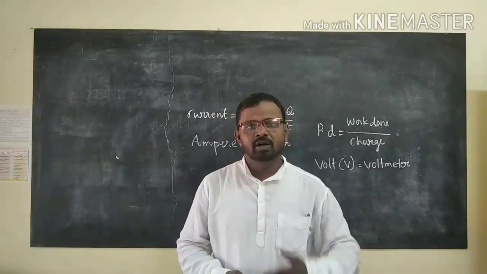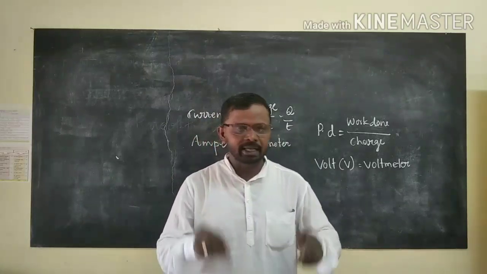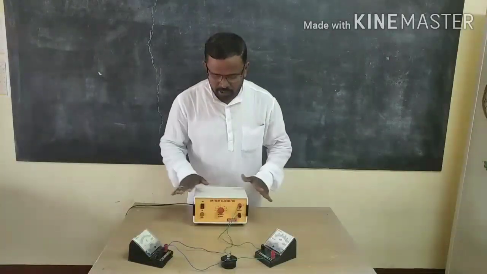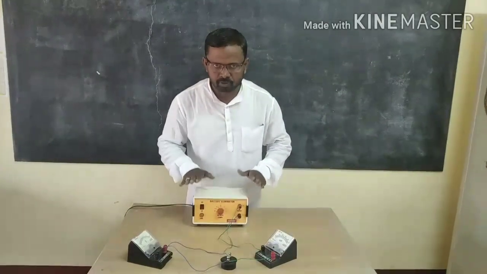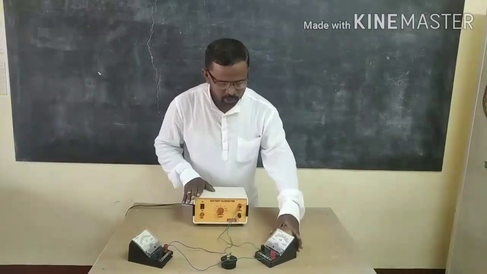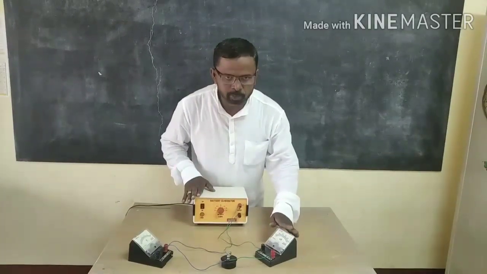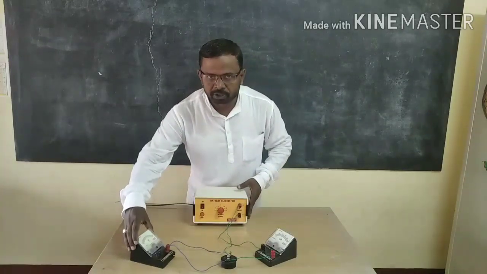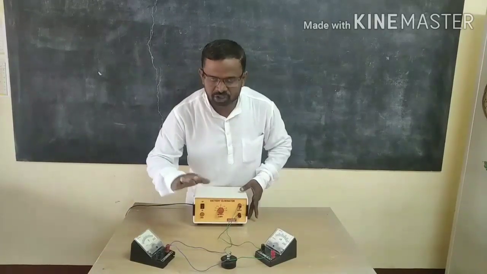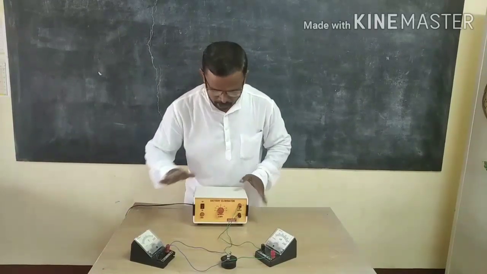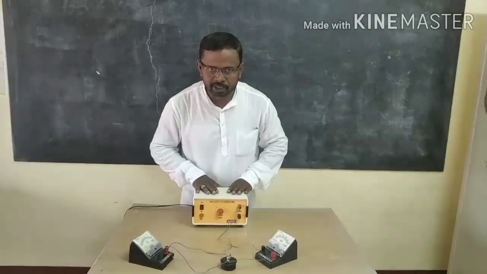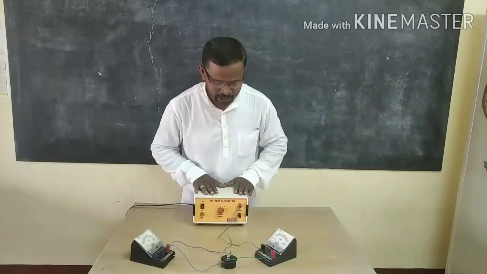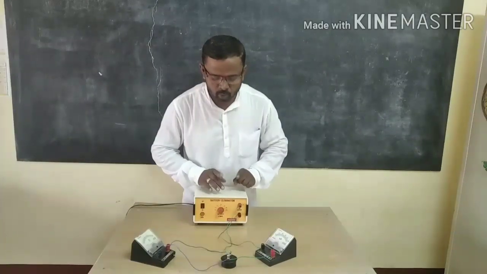I will clarify all these doubts by conducting an experiment, the Ohm's law experiment. Please observe. This is the experimental setup of Ohm's law experiment. This instrument, the ammeter, is used to measure the flow of current in a circuit. This is the voltmeter, used to measure the potential difference across the conductor. And this is the battery eliminator, a source of DC current. DC stands for direct current. It allows the current only in one direction.